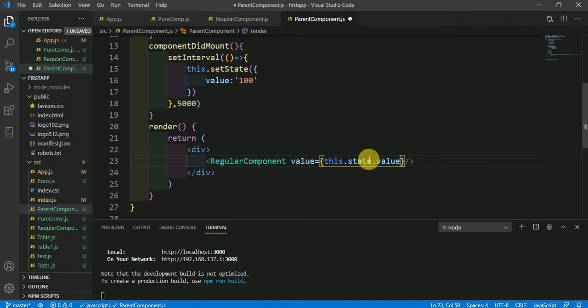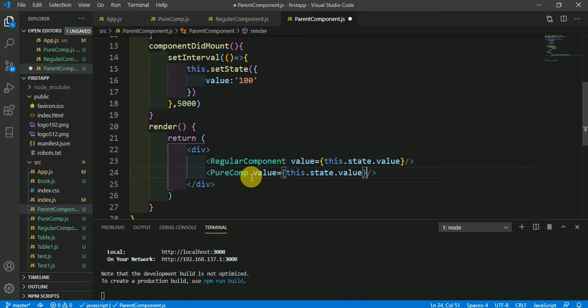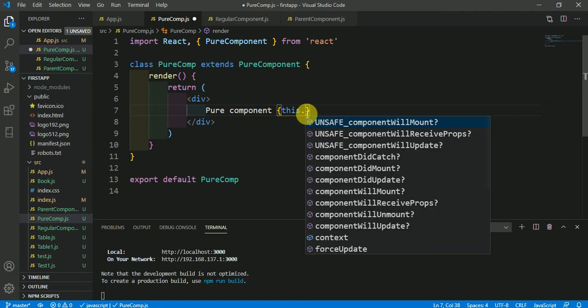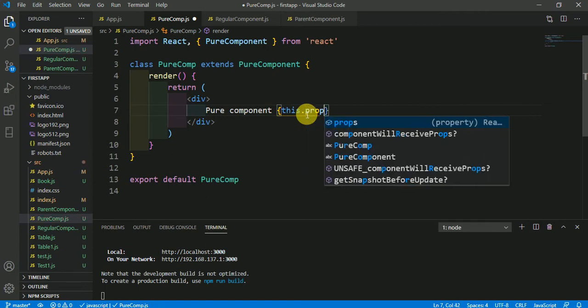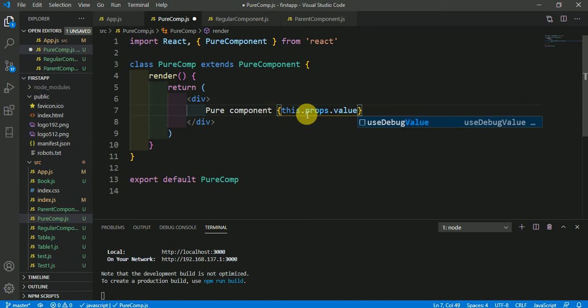Okay, now we have to pass the same in the PureComponent also. Okay, now come in your first pure component and just type this here, this.props.value, and this value is going to render.